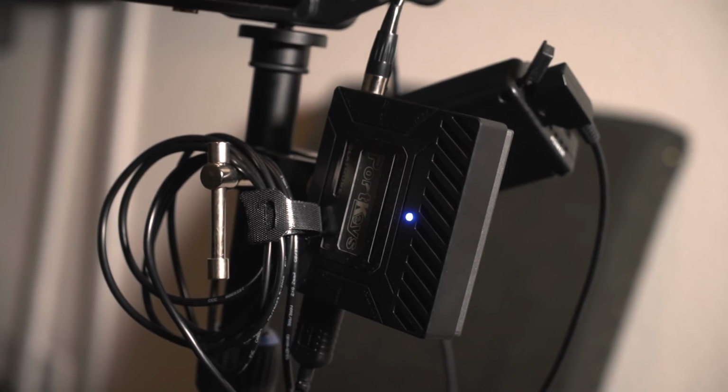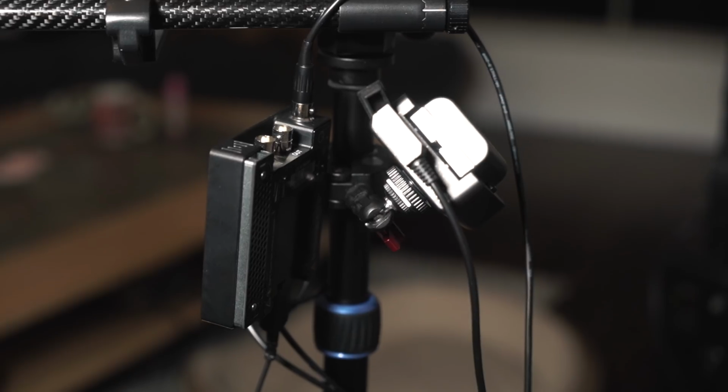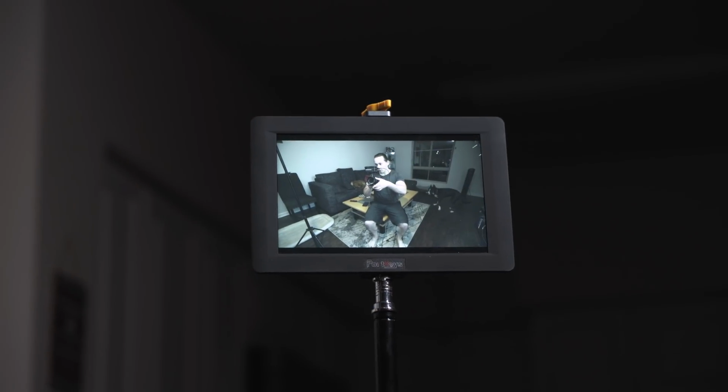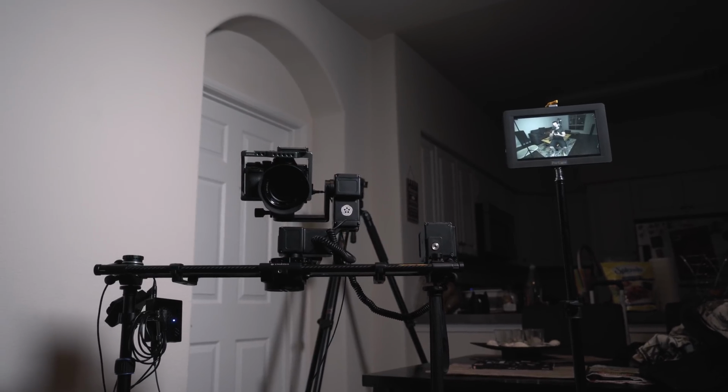I used a C-stand clamp, and I was able to mount the power source and the transmitter. The receiver mounts directly onto the monitor. Now I did use some extra accessories such as a dual ball head and some other screws,